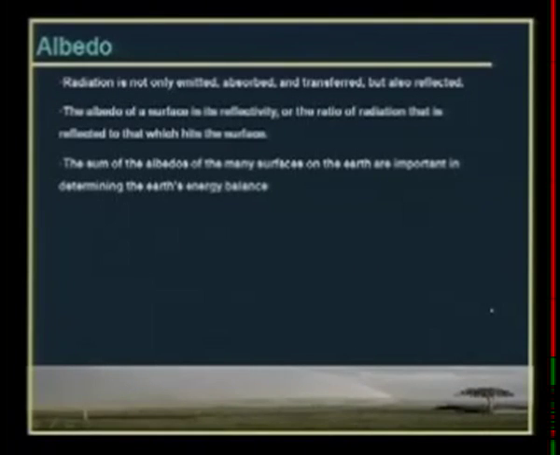heating and cooling. And before we go, we also need to understand one more terminology called albedo. What is albedo? Radiation is not only emitted, absorbed, and transferred, but also reflected. The important terminology here is the reflection of the energy. The albedo of a surface, which is surface specific, is the reflectivity, how much would be immediately reflected, or the ratio of the radiation that is reflected to the amount of radiation hitting the surface, and what fraction of that radiation will be reflected,